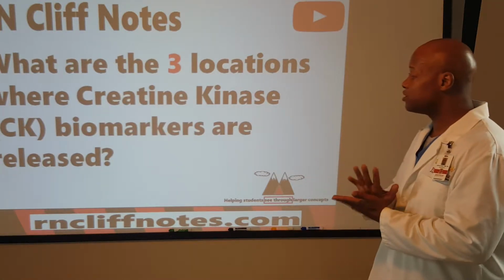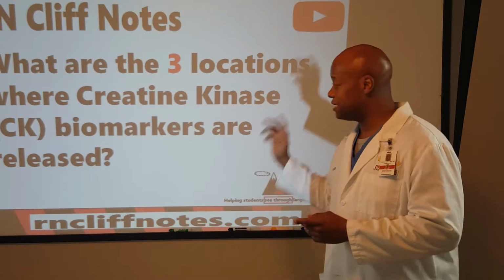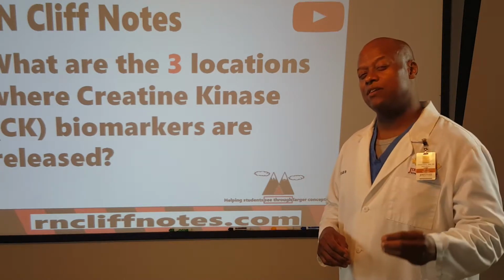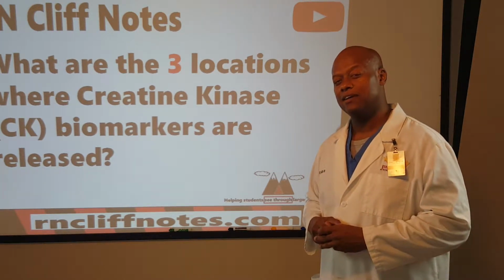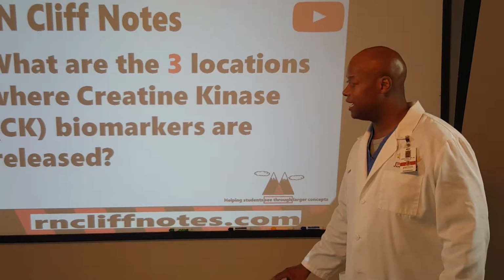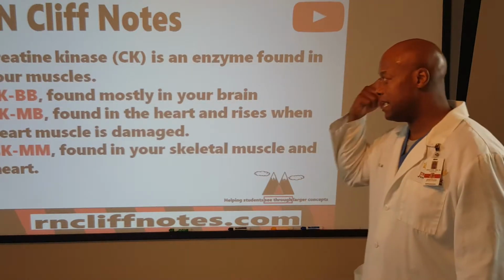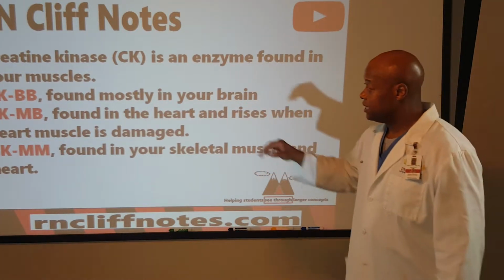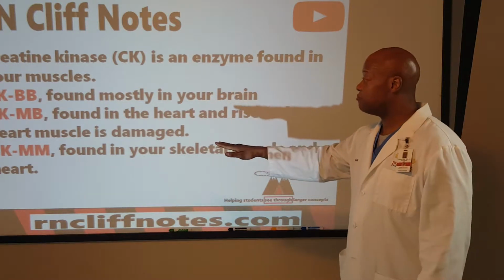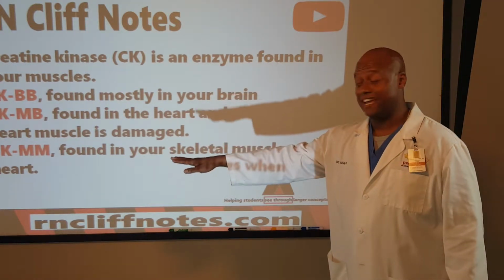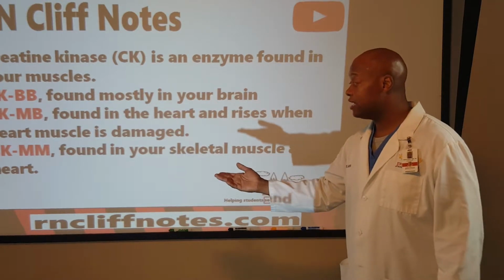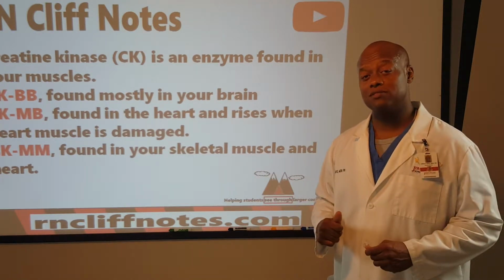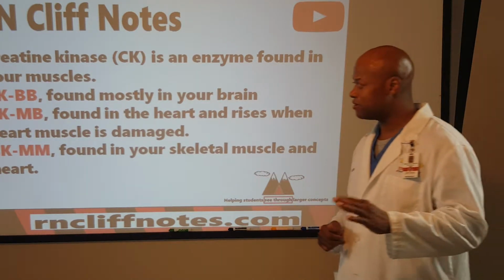Okay, so what are the 3 locations where creatine kinase biomarkers are released? The 3 primary areas that we see when we're looking at that, right? Okay, and here's how they break down. So isoenzymes are found in your muscles, and the CKBB, that one is found mostly in your brain. CKMB found mostly in your heart, and CKMM found in your skeletal muscles as well as your heart muscle. But now, as we go a little bit deeper, okay,